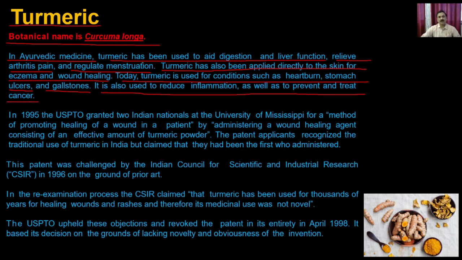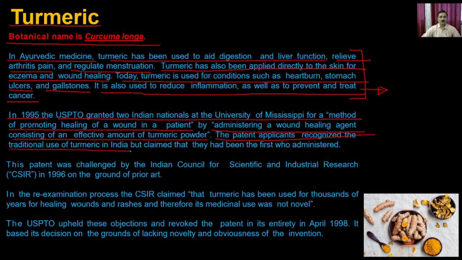So this information is already available, because there is traditional knowledge available with turmeric. Now, what happened in 1995, the USPTO granted a patent to two Indian nationals at the University of Mississippi for a method of promoting healing of a wound in a patient by administering a wound healing agent consisting of an effective amount of turmeric powder. The patent applicants recognized the traditional use of turmeric in India but claimed that they had been the first who administered it,